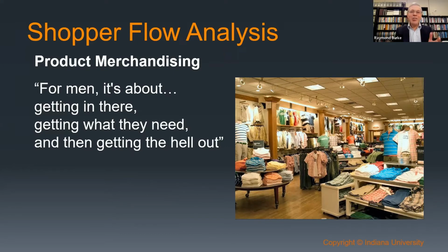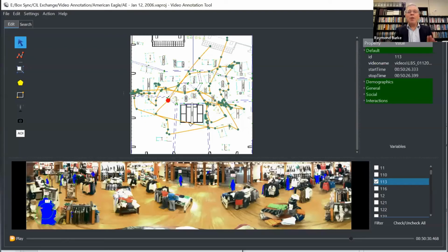Now, an industry executive had commented, for men, it's about getting in there, getting what they need, and then getting the hell out. So we made two changes. First, we wanted to understand how the shoppers interacted with the store. So we put a special type of video camera in the ceiling that has 6 lenses. So we had a panoramic view of the store,